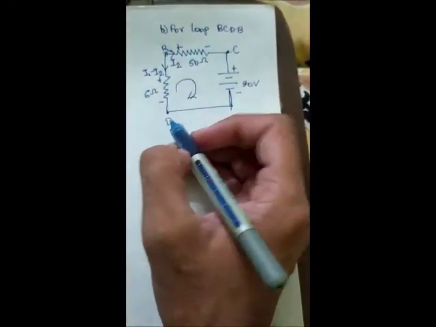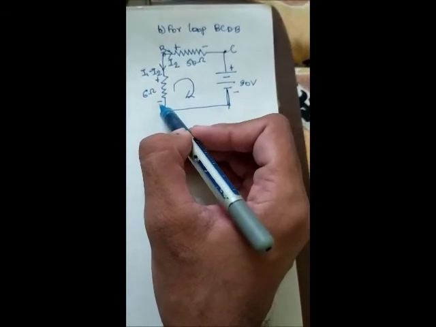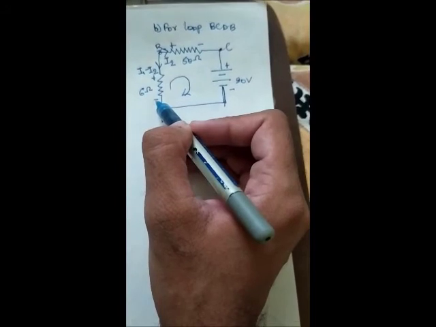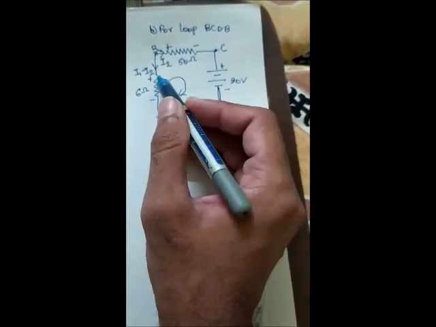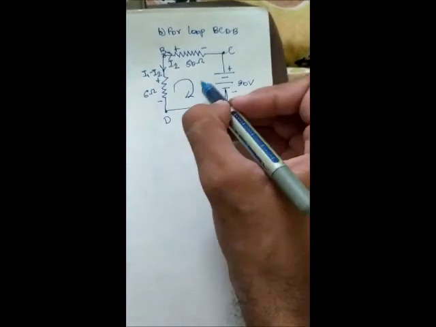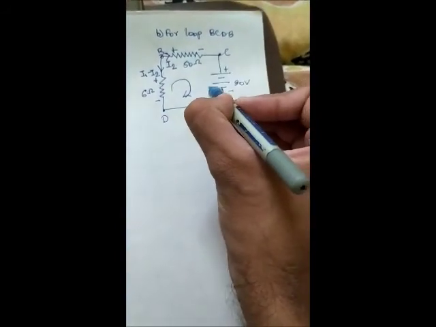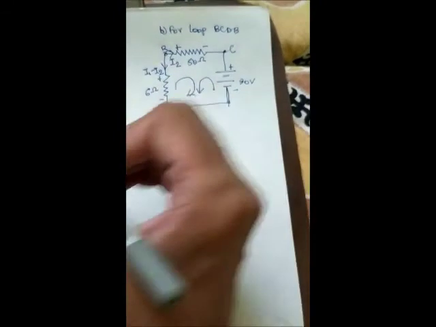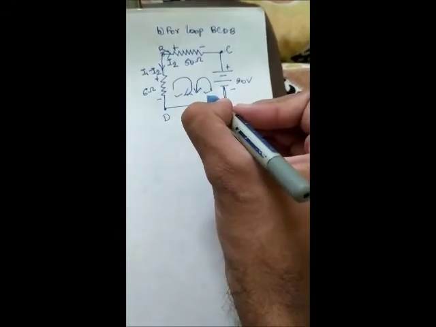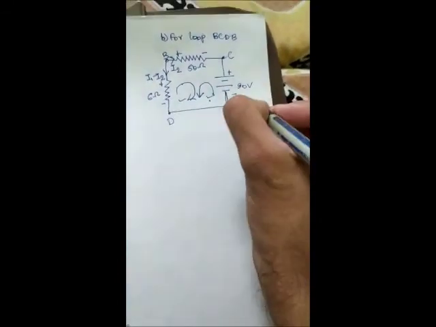Okay, so what will be the equation now? Or you can also start from here. There is no rule that the loop direction must be taken this way. If you want to start from here, you can start the loop this way too. You can take either this direction or this direction. I will go with this direction. Okay, I will go like this direction.